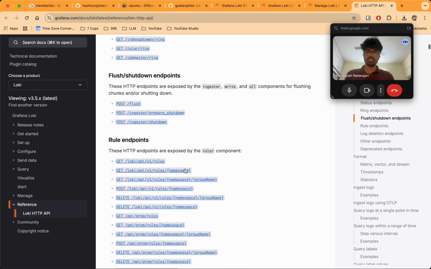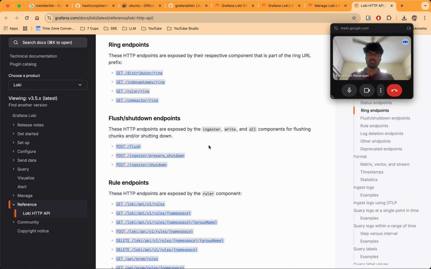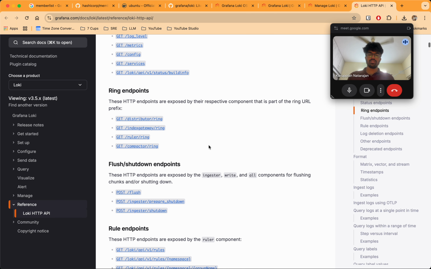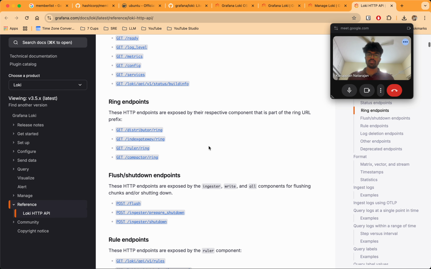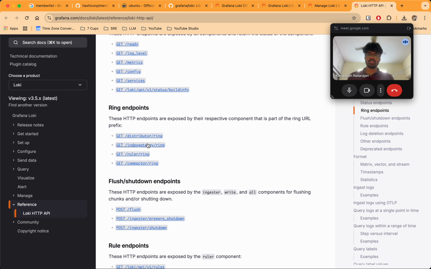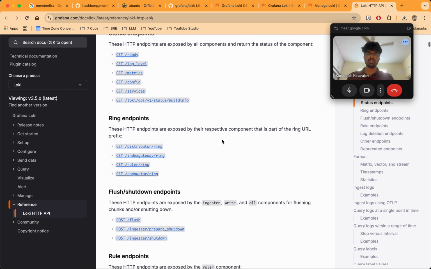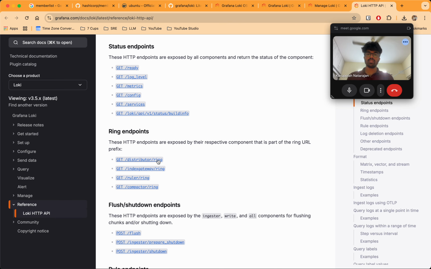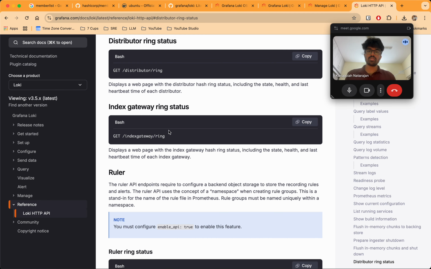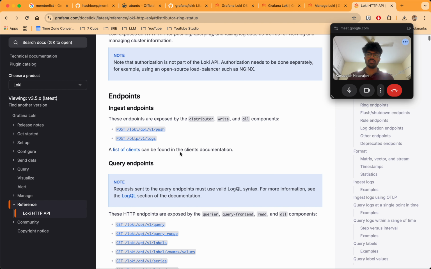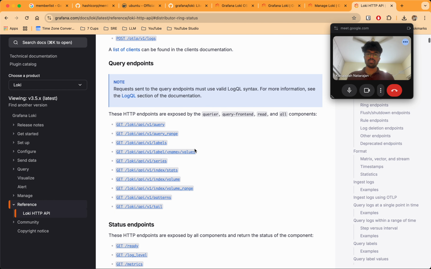Okay, this is for rules, this is for shutdown. Distributor ring. Displays a web page of the distributor hash ring status including the state, health, and last heartbeat. Okay. So